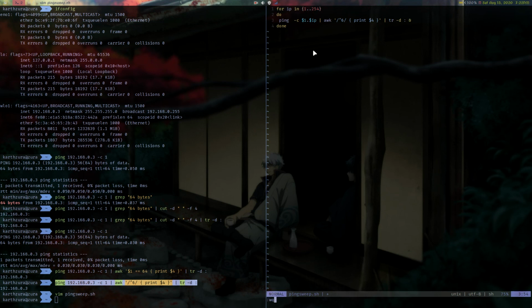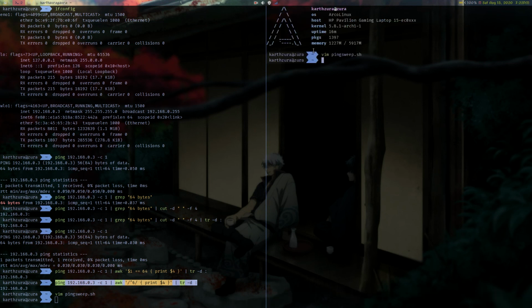We save and quit. Let's give it the executable permission: chmod +x pingsweep.sh. Then ./pingsweep.sh. Now what we are going to pass as the argument is the $1 that we have written in the script, so it's the first three octets,